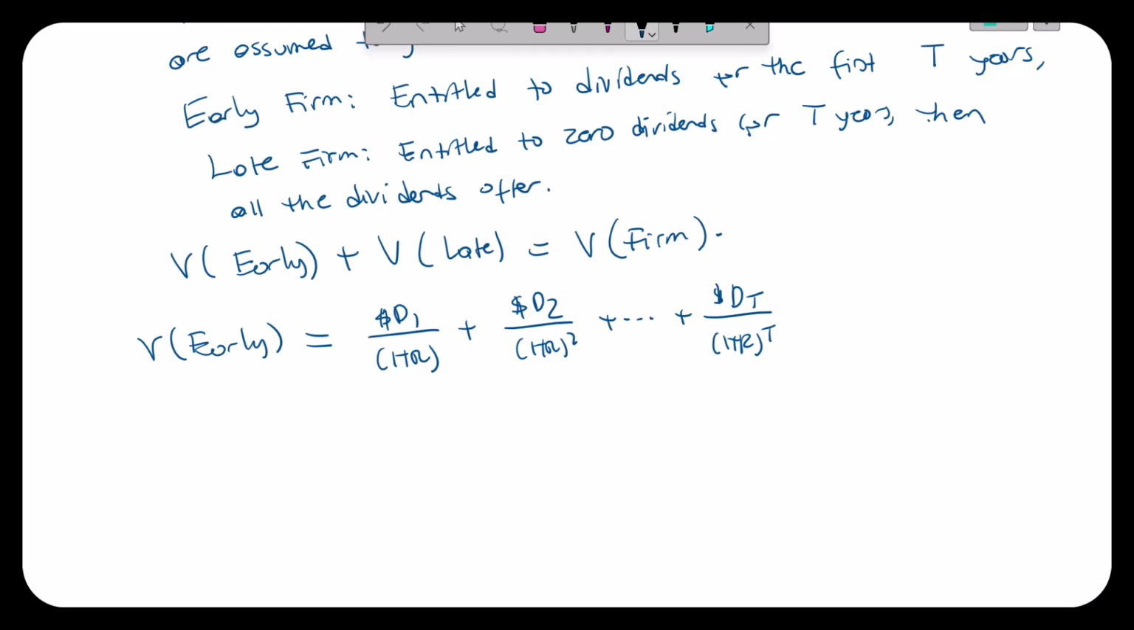Now, value of the late firm. You get nothing for 0 years, but after that, you know, you can think of this first and foremost, the dividend for T plus 1 is going to be dividend for T